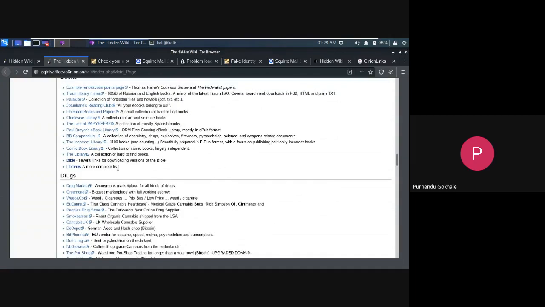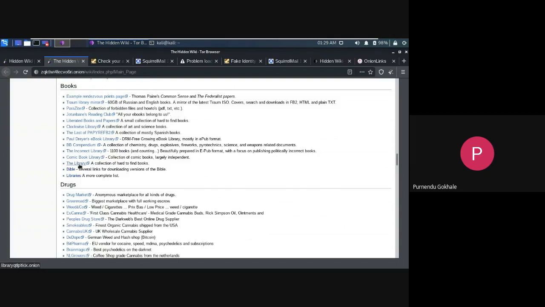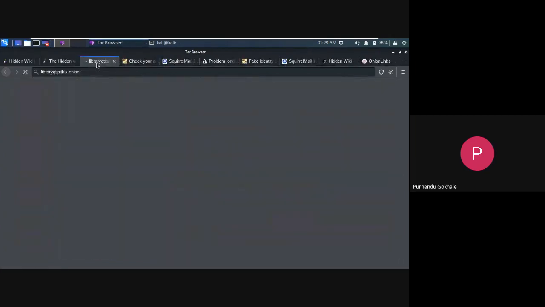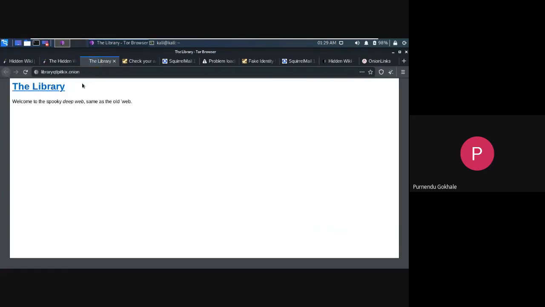Also, there is a Z Library. Most of you might know Z Library. There you will get a lot of books for free, if anyone is interested in reading novels, or books related to our course, that is, academic books. We will get them for free, and there is a lot of stuff to explore in the Tor browser. Just go to your VMware and run sudo apt install tor. It will get installed, and it will open.